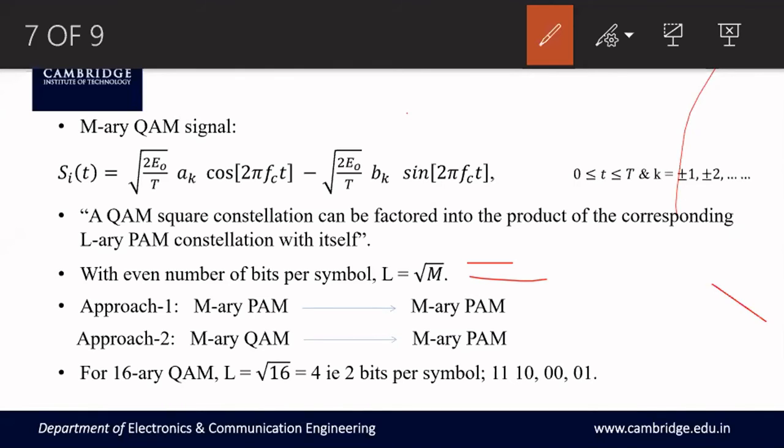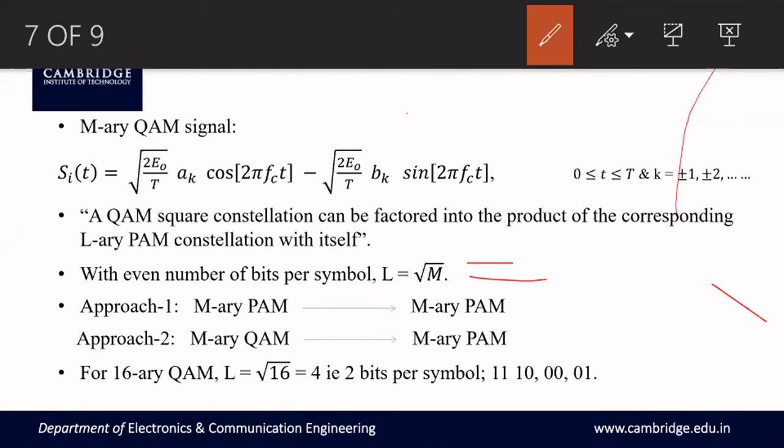If I ask you to represent two symbols, where will you represent? I use one axis, either X or Y. On that X axis, I choose 2 points, one for symbol 1, another for symbol 0, right? So that's why binary systems are one dimensional. Suppose you want to make this binary communication system into a quadrature communication system. Instead of one dimensional, you want to make it 2 dimensional, quadrature. That time you have to use 2 axes, one for cos, another for sine. It makes the system quadrature in nature, right?